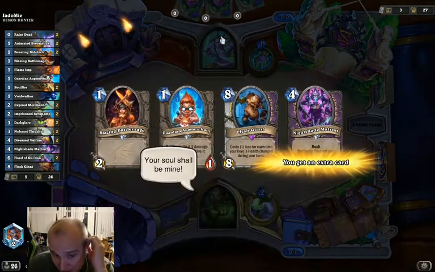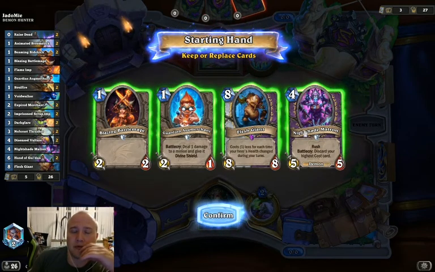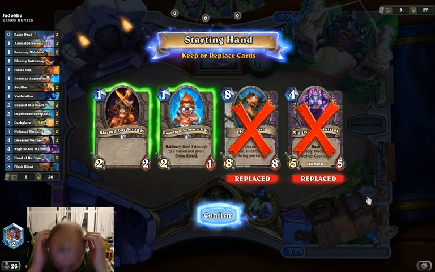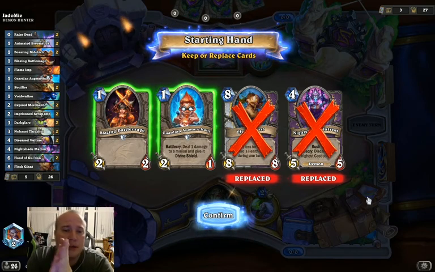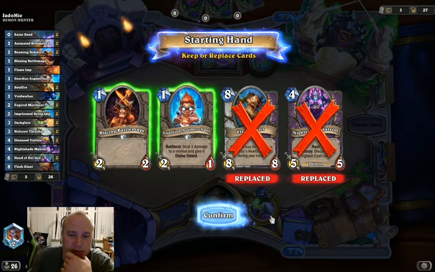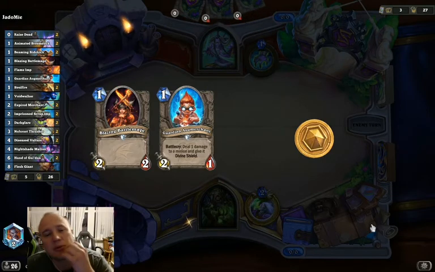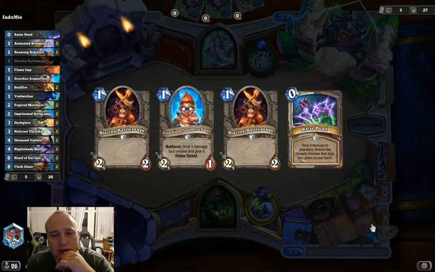Alright, this is going to be the toughest matchup for this deck. If it's the Tempo Demon Hunter, which is the usual encounter that you will have, then this one is going to be a rather tough match. So here, I really want to do the best I can to control the board, not consider too much the